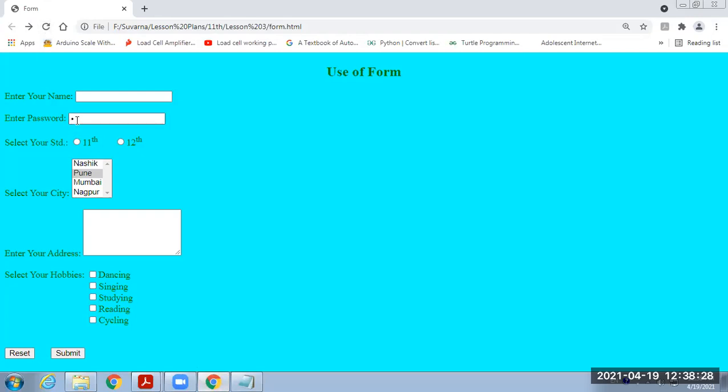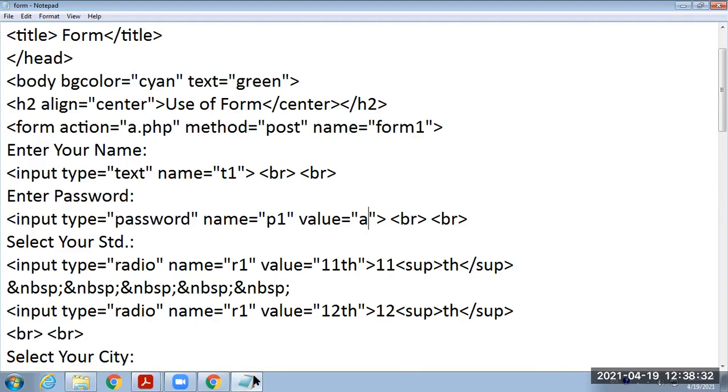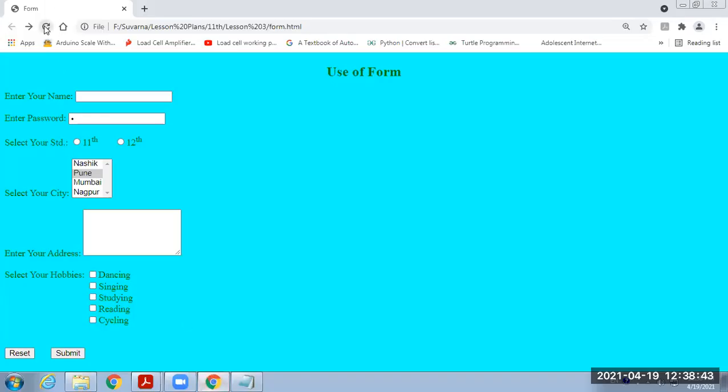It displays a single value in the password format. Also, if I provide only a single blank space, see neatly, refresh it, still it is providing a single blank space, a single password character.